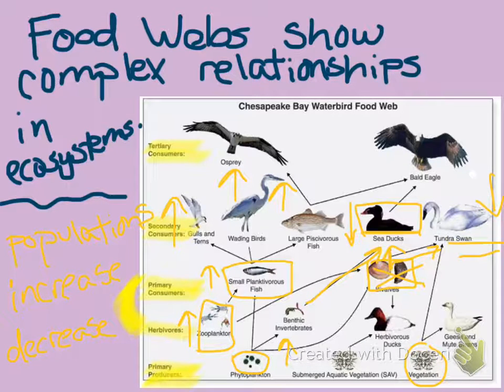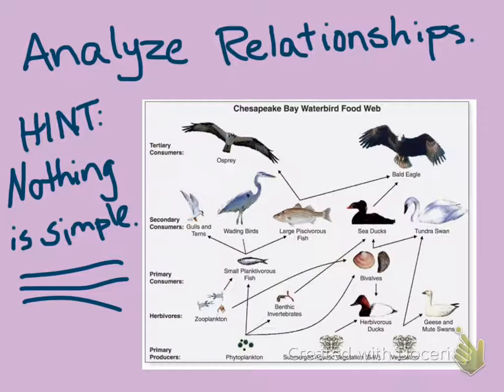So populations kind of go on and off. Let me see if I can make a new slide. Where can I do a new slide? Okay. Nothing is simple. So oftentimes they draw population graphs that look like this, with the names on the bottom. And then we'll say that this is a small fish.